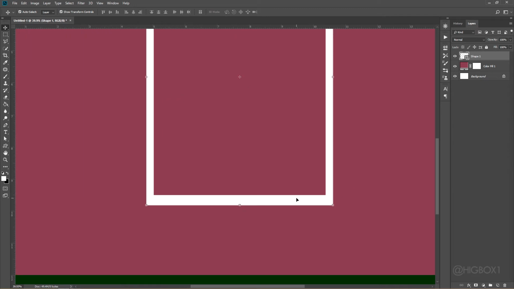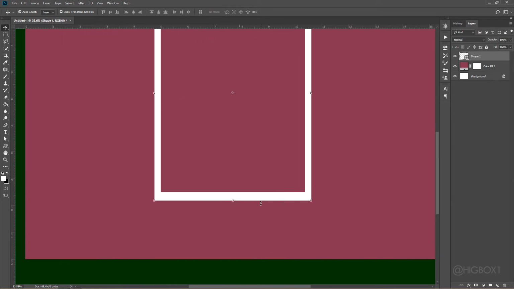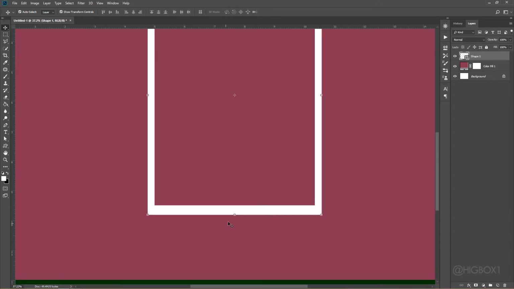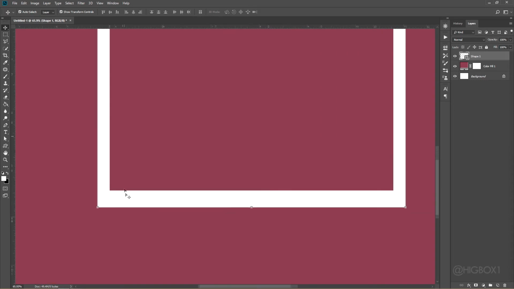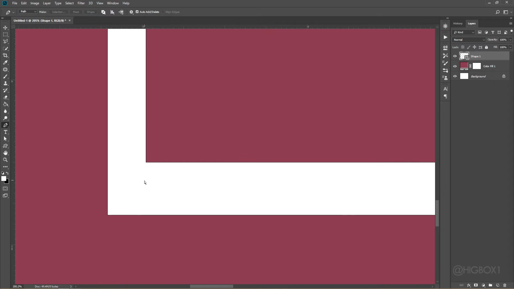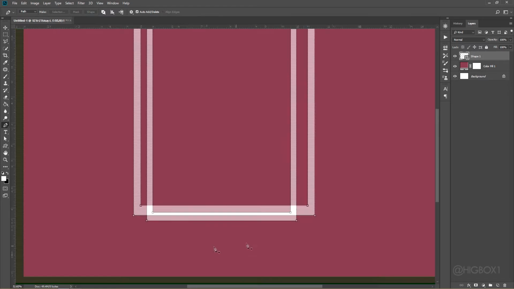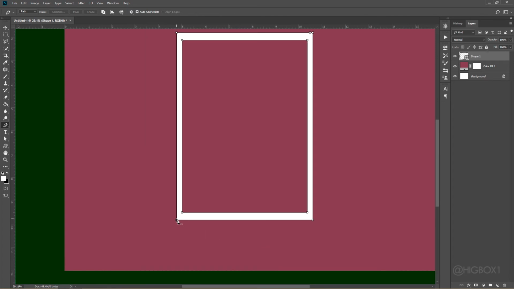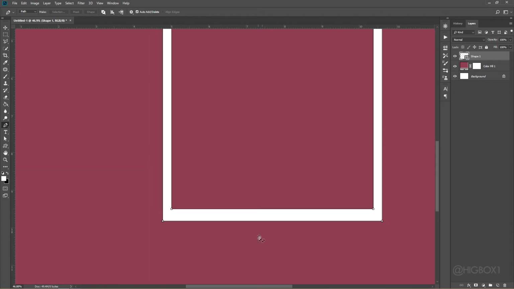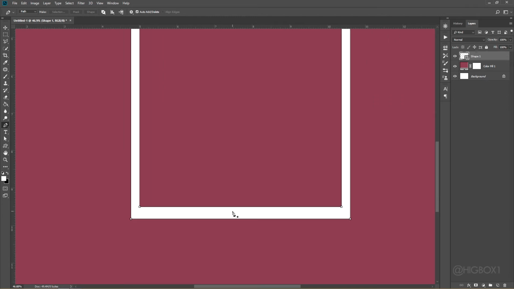So the next step we are going to do now is to change this shape from this to Polaroid. For us to do that, we are going to take the pen tool. This is our pen tool. Hold down your control and click on the shape anywhere. Now when you click on the shape, look at what happened. You see this dot is called a node or point. Now what we're going to do is to adjust this point to give us that Polaroid.